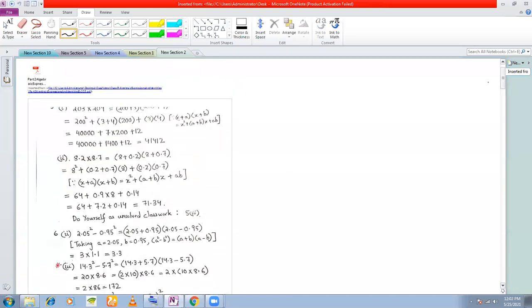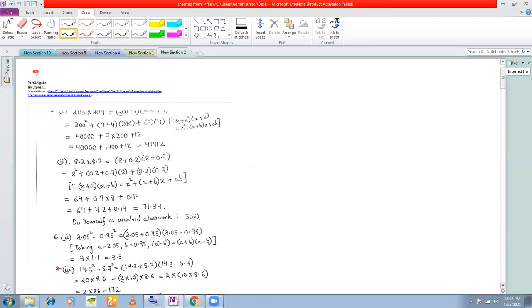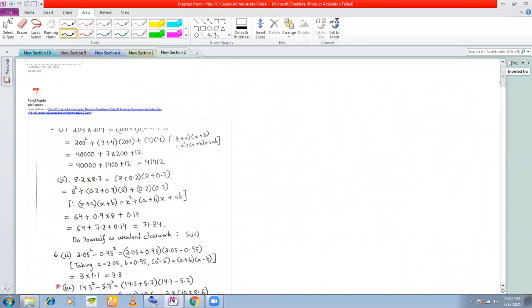Okay, now I showed you all the applications separately. Now from the next exercise onward, these notes I've already sent you yesterday. From this point onwards, we'll not know which identity to use. That is the whole game. We'll not know which one to use, we'll have to decide which one to use.